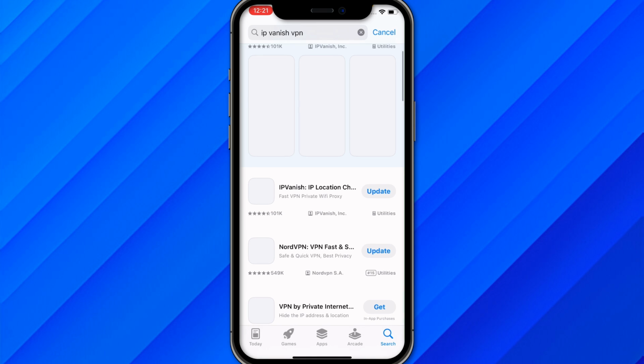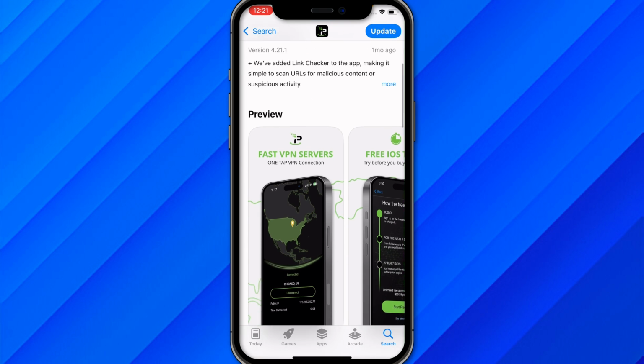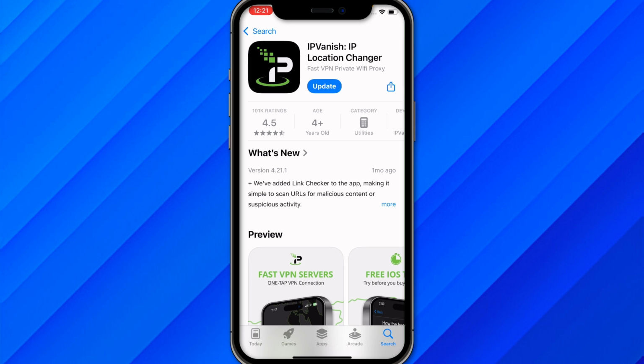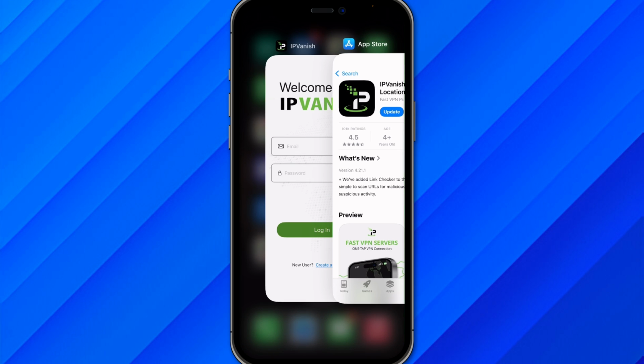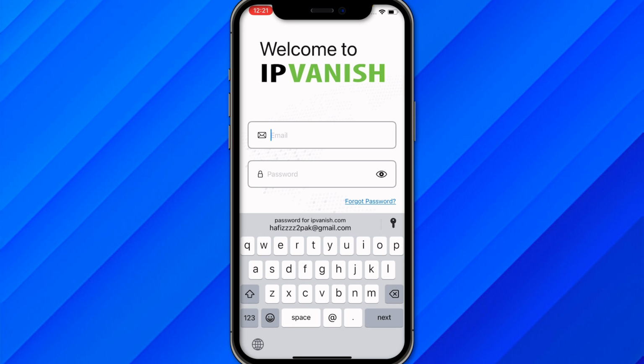will take a few seconds. So make sure to go to this VPN, IPVanish, and click on download. As you can see, I have already downloaded it, so I will not update it for now. And once you complete the downloading process, just go back to the IPVanish, and obviously you have bought the premium